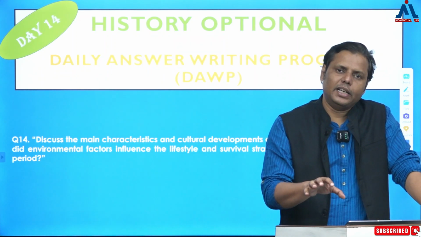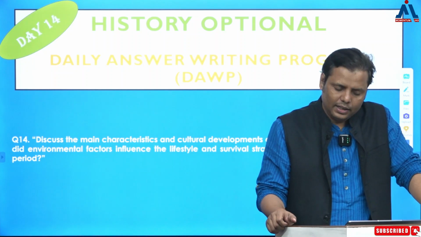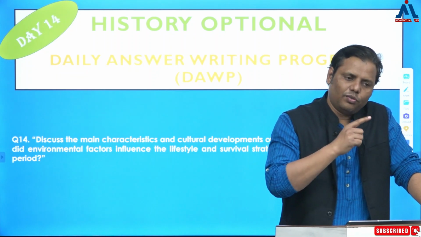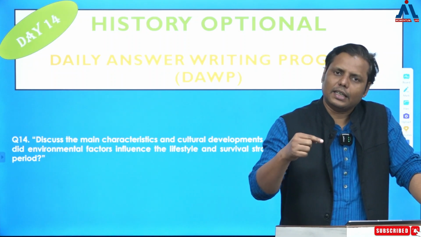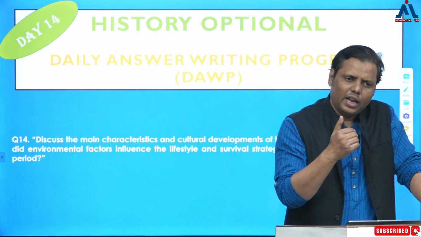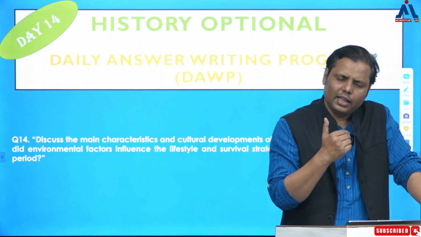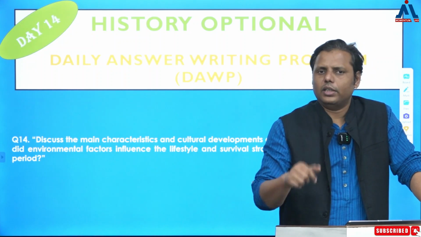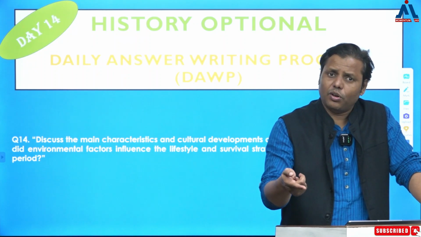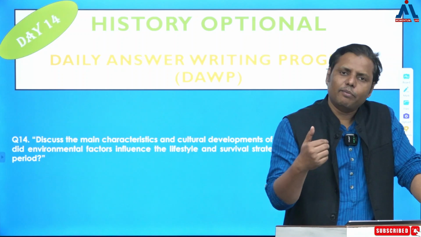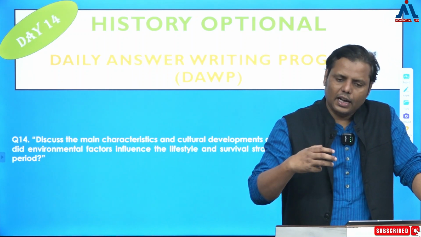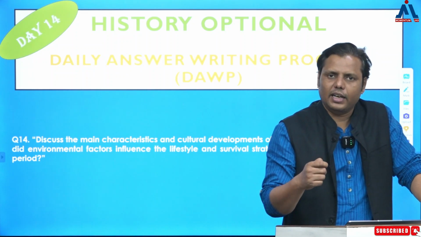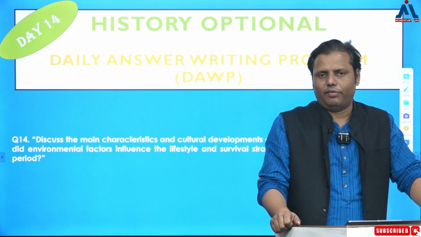So that's how we'll be completing your answer, and then in the conclusion you'll be writing that throughout this Paleolithic period an immense amount of change can be noticed. From Lower Paleolithic to Middle Paleolithic, certain changes were there that included everything: tool type, tool technology, the stone that they have been using, their settlements were getting changed. In the same way, their cultural changes were also there, their life ways were getting changed, everything was depending on the environment. And this is how throughout this Paleolithic period continuous changes were there, and that somehow facilitates the coming of the Mesolithic phase in Indian history.